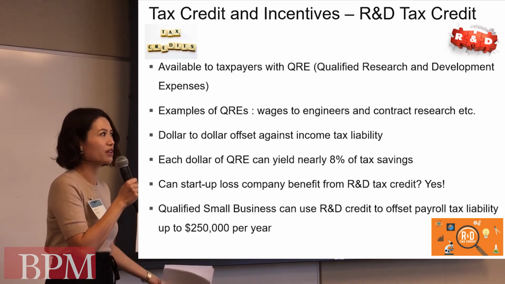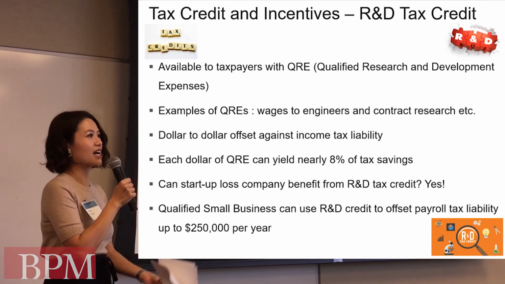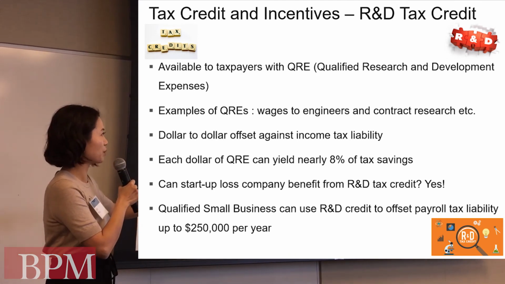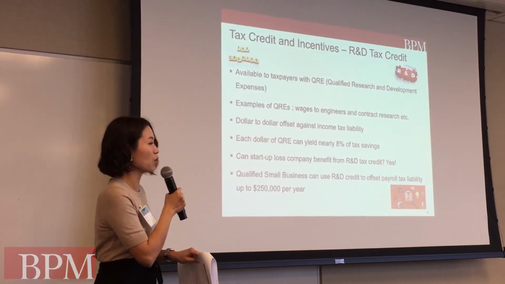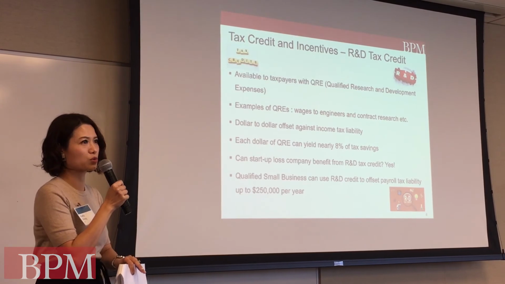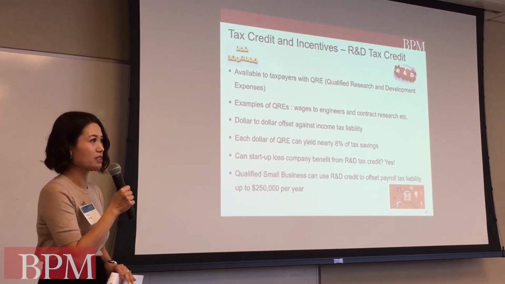So if you have an employee, you have to pay Social Security tax and Medicare tax, so those can be used to reduce your liability using the R&D credit now. But you have to be a qualified small business, meaning your average gross receipts for the past 3 years are lower than 5 million. Then you can take advantage of that.